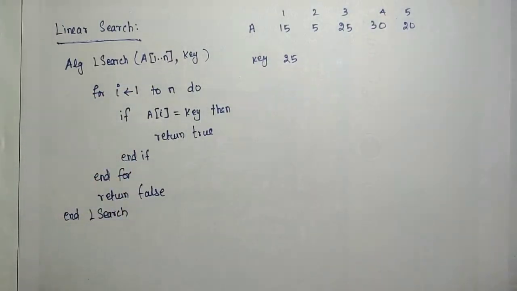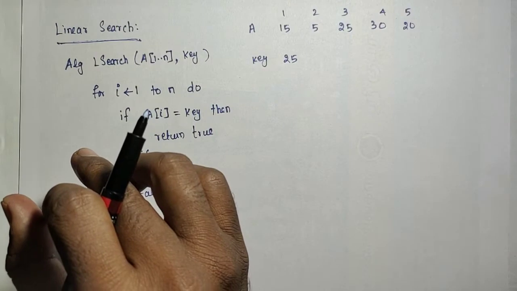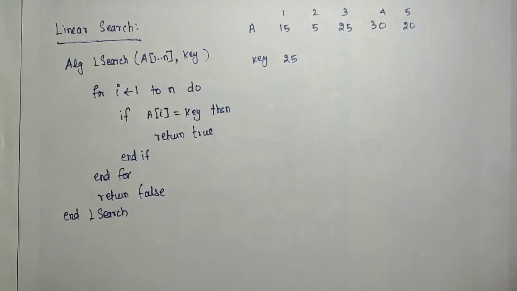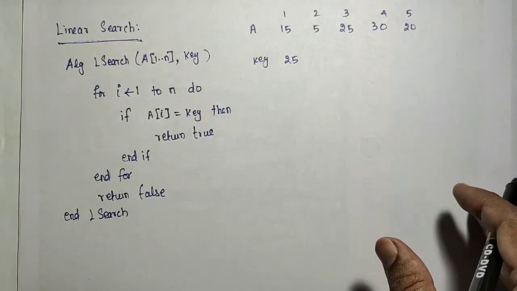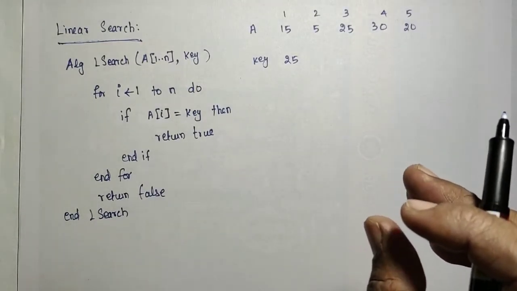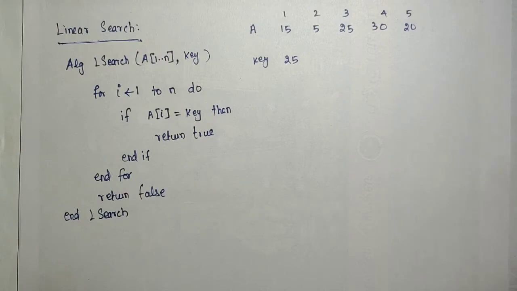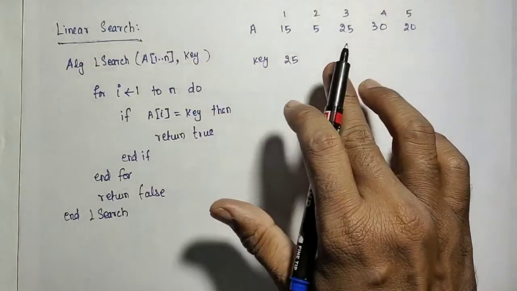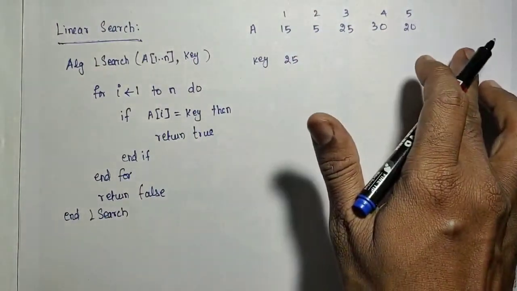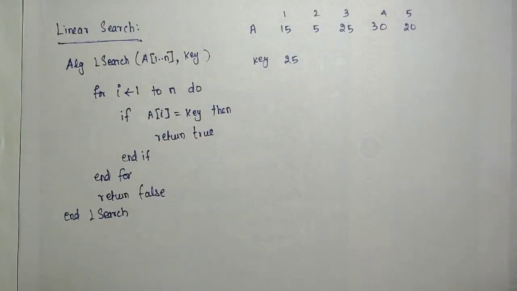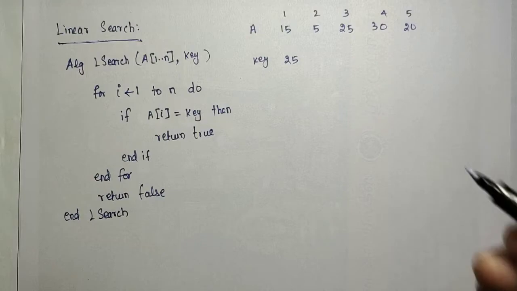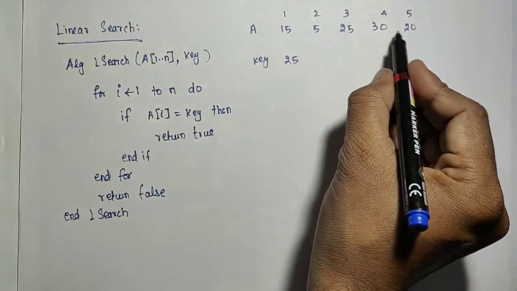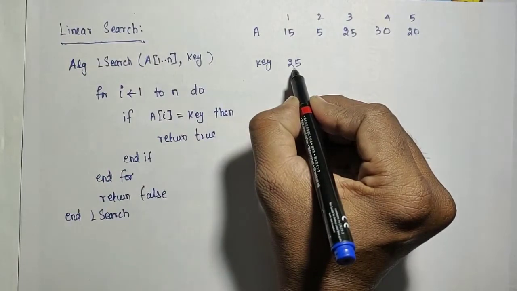So we are going to search for a number among n numbers. Linear search means the element is compared with all the elements one by one, to check whether the element is found or not. If the element is found in between, the algorithm will be terminated with the result true. If it is not found, it will be executed completely up to n. After comparing the key with all the n numbers, it will return false. Assume 15, 5, 25, 30, 20 as the input, and the key element that you are going to search is 25.